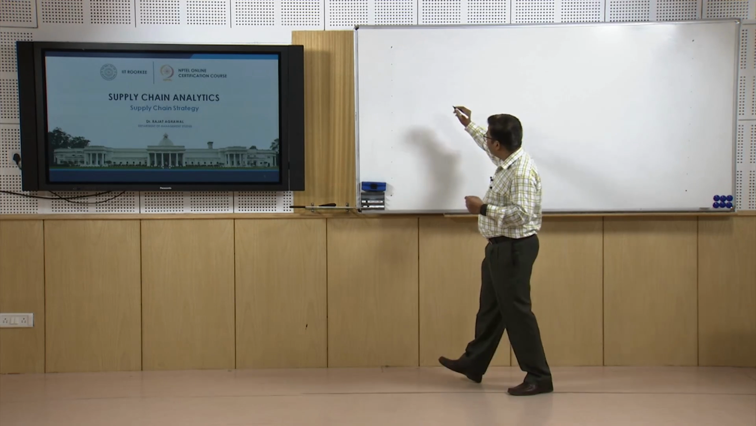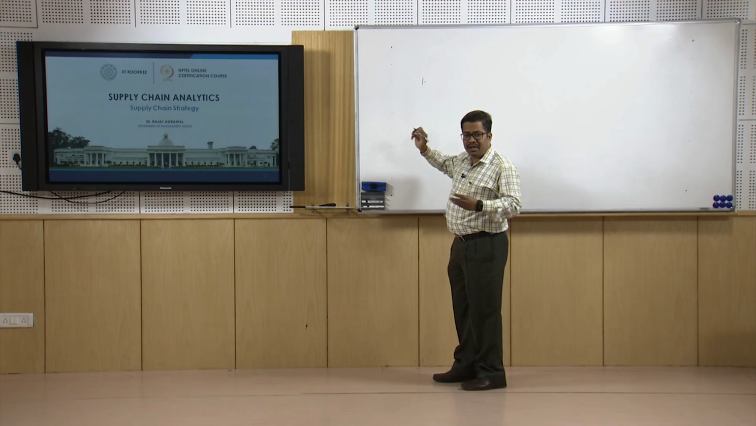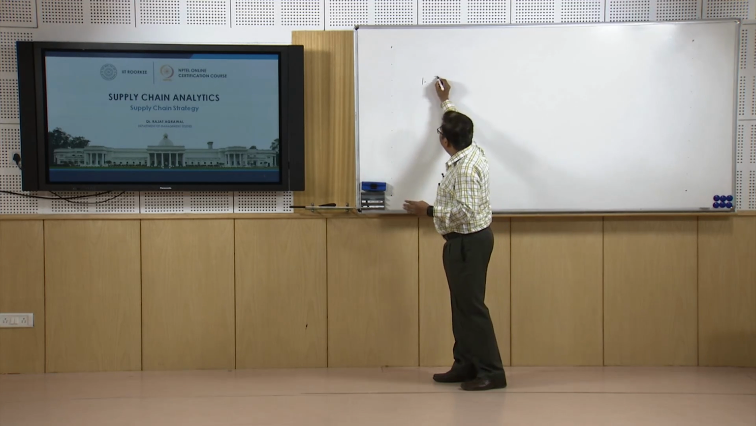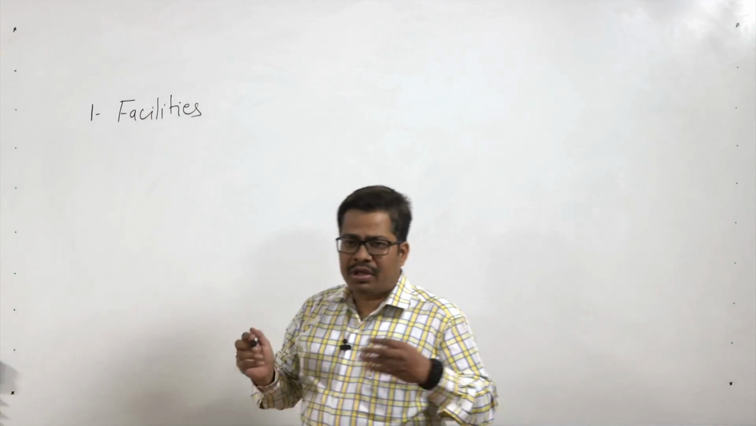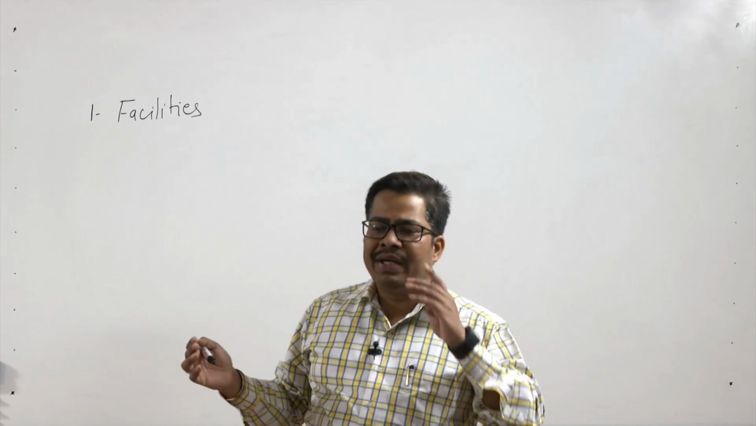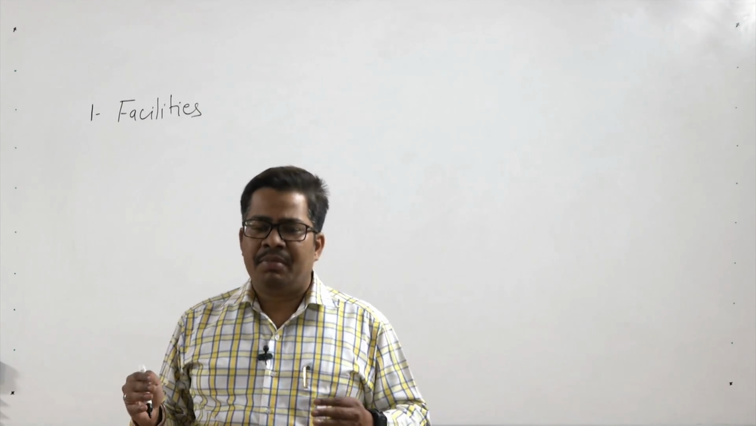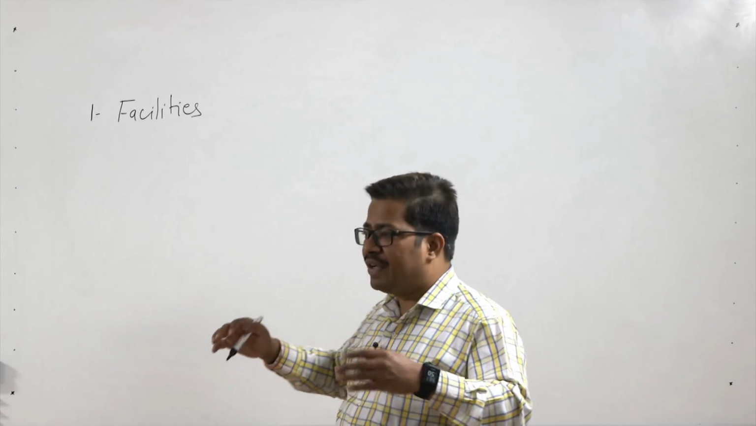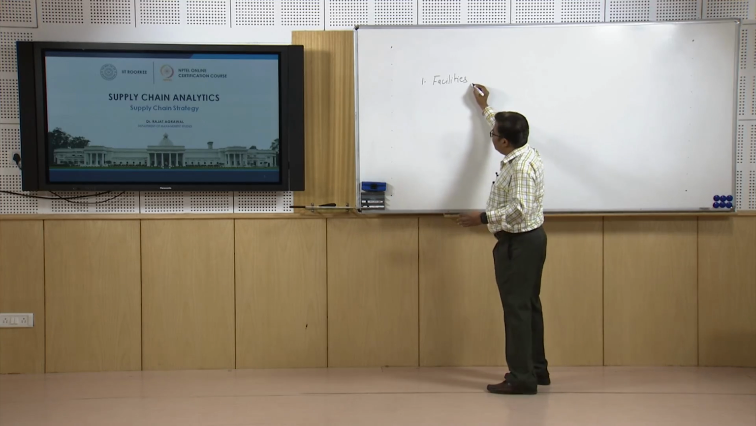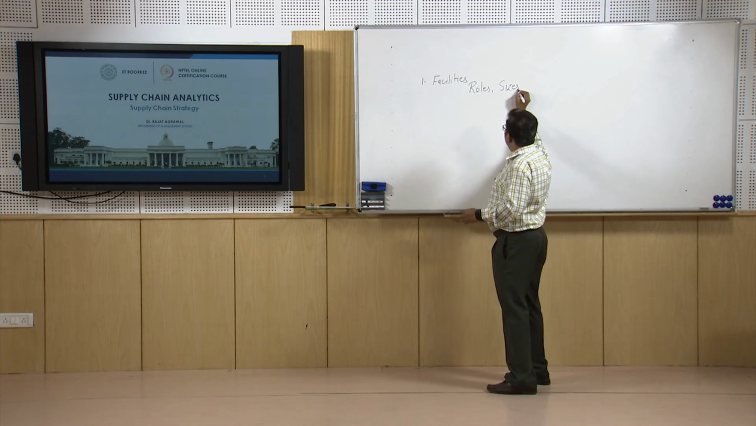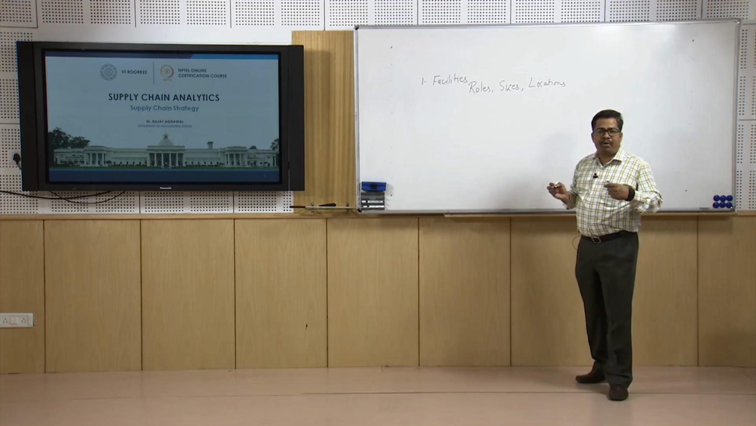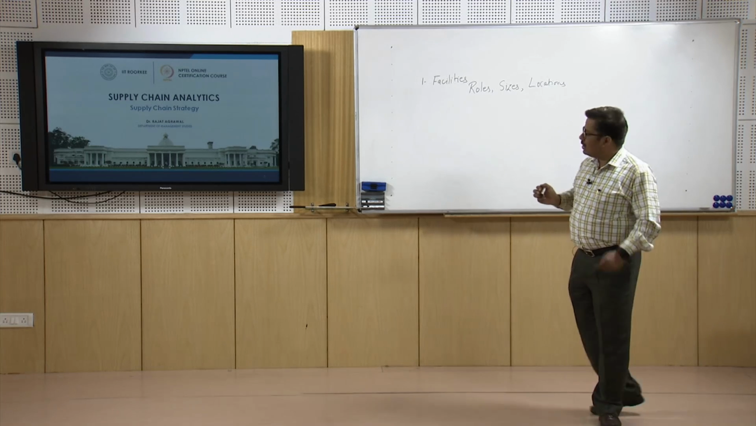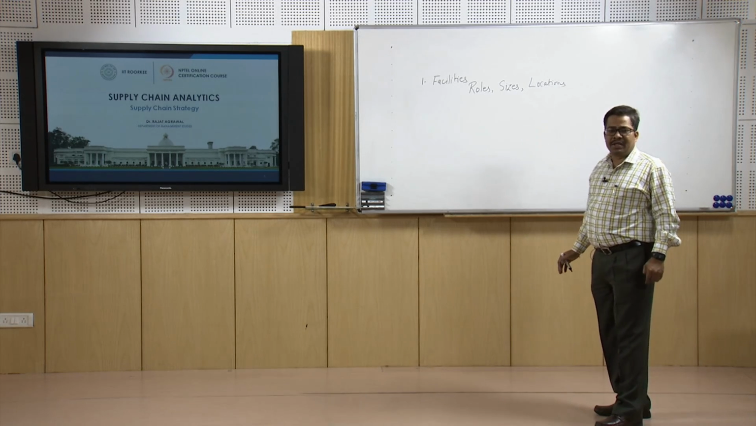So, the very first capability a supply chain develops is in the form of facilities. You need to develop various facilities in a supply chain, and these facilities may be of different types, with different roles. What are the roles of the facilities? What are the sizes of these facilities? What are the locations of these facilities? These are some of the very important questions we like to answer in this particular aspect of supply chain capabilities,